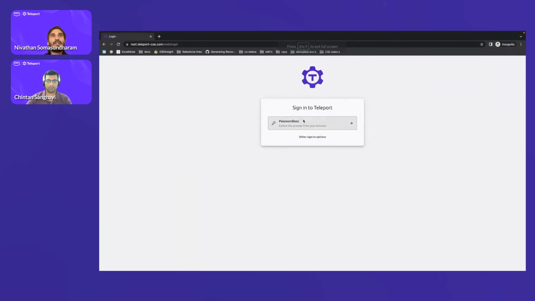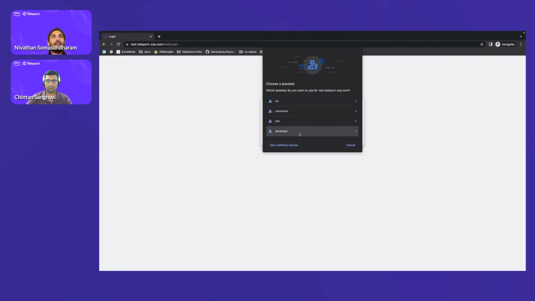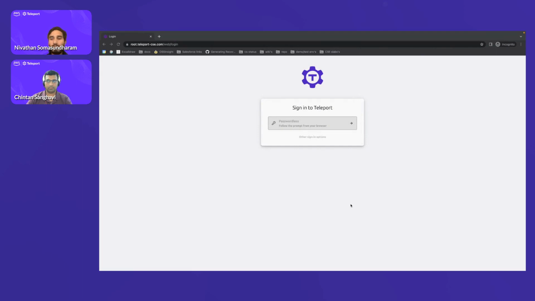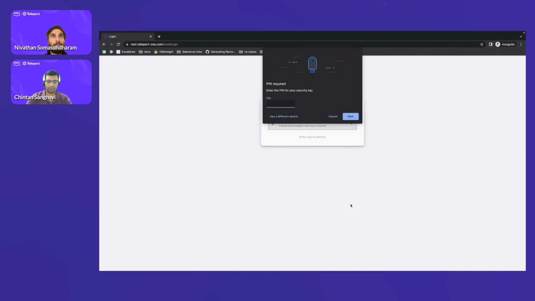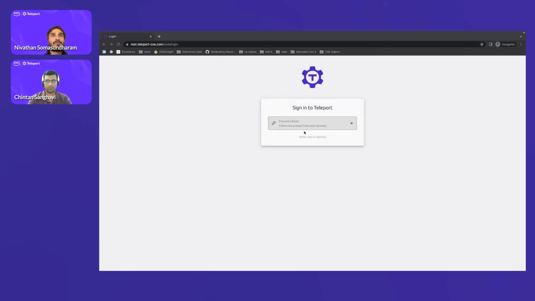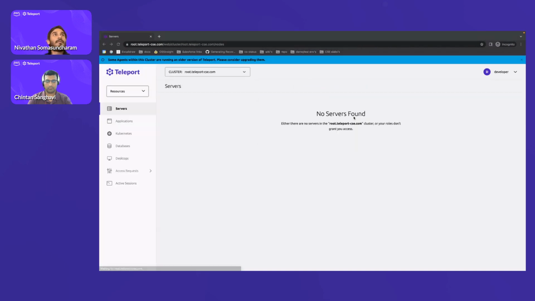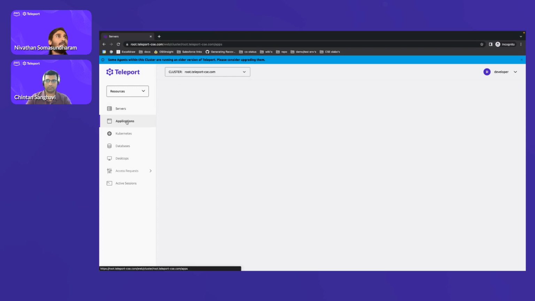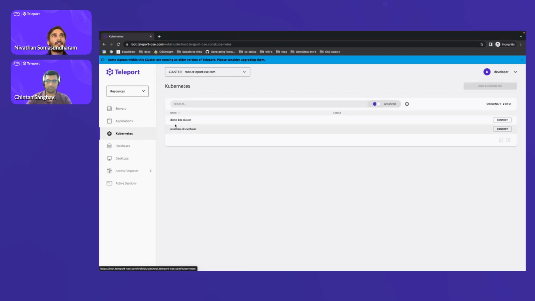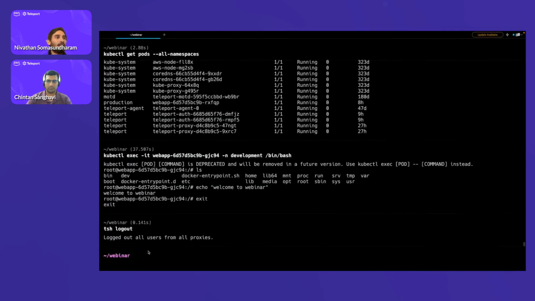I have opened another browser in incognito mode, and from the browser you can see I can log in. I have no server access. I have no application access. I have only the Kubernetes access, and only for those two namespaces which we saw earlier, which were production and development. So let's get right into the